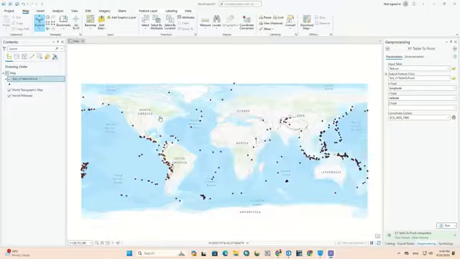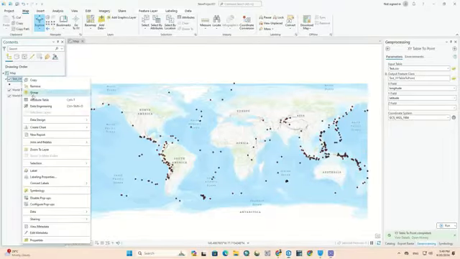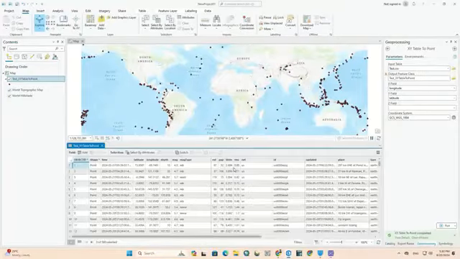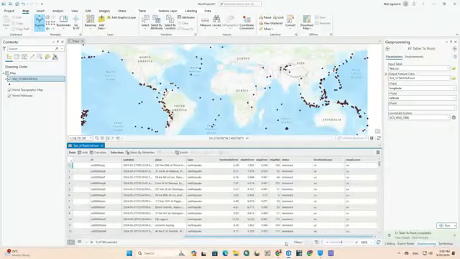As you can see, the earthquake map of the whole world was imported as a point file. When you go to its attribute table, you'll see all the information in your CSV file. If you need to make an earthquake map or download